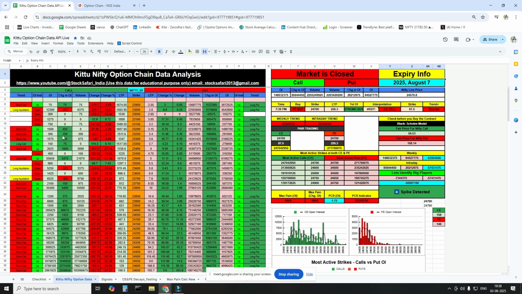So presently each and every option for any of the indices, either it is Nifty or Bank Nifty, every index has its own expiries. As of now, Bank Nifty has monthly expiry, but when it comes to Nifty, we have weekly. So we are going to discuss about